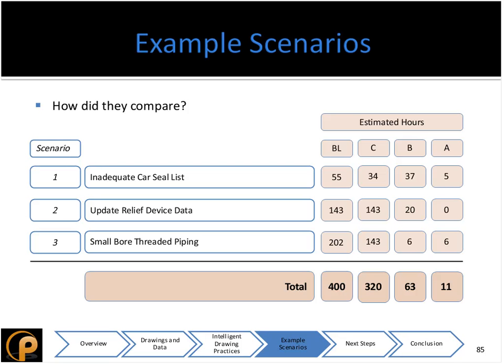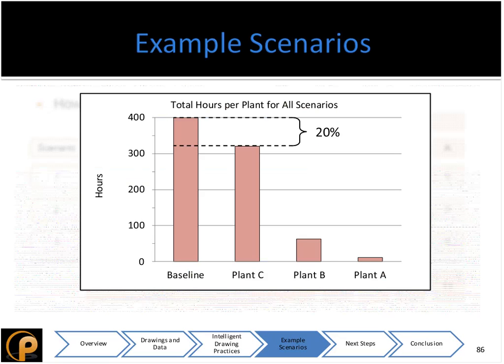Actually, I'm going to pull up a graph, and there is a huge savings going from your baseline to Plant B. Just going from plant to plant, there's about a 20% savings going from the baseline to Plant C, but then to B, we have this big jump, and that's without changing your CAD software. That's keeping your basic intelligence, but making sure that all of your blocks and attributes